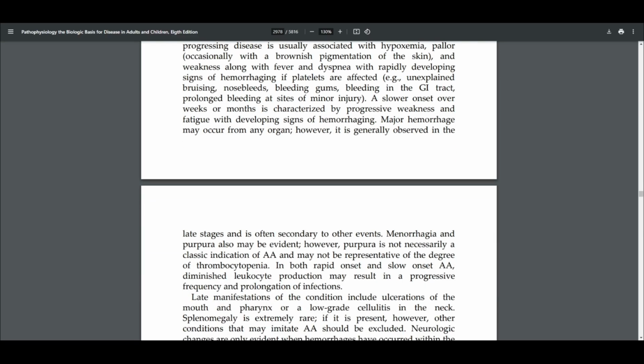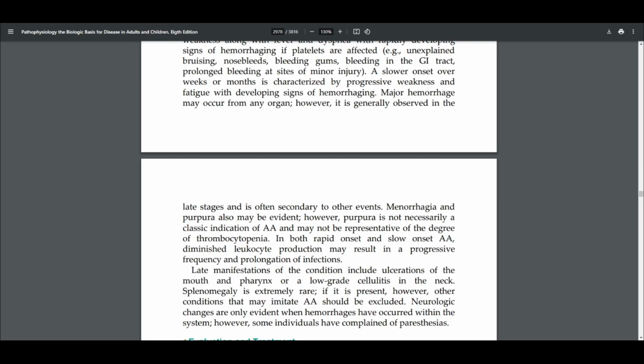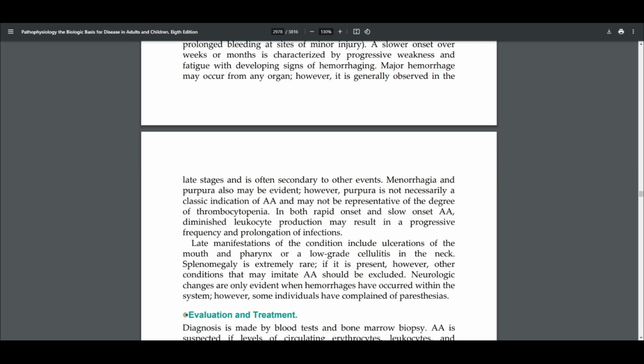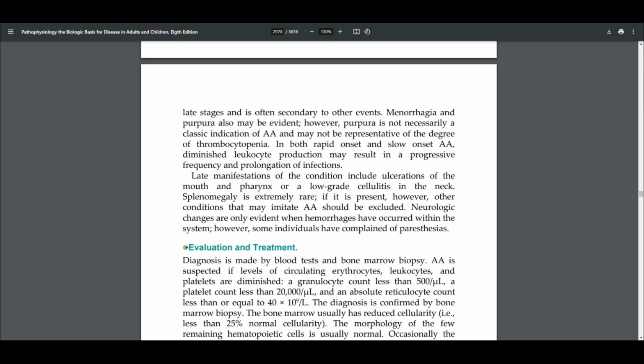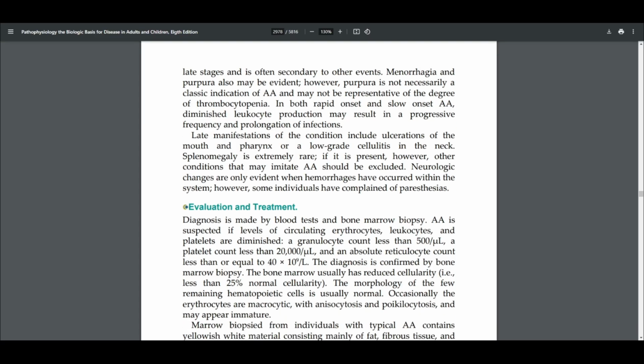Any kind of major hemorrhage may occur from any organ. However, it is generally observed in the late stages and is often secondary to other events. Menorrhagia and purpura also may be evident. However, purpura is not necessarily a classical indication of aplastic anemia and may not be representative of the degree of